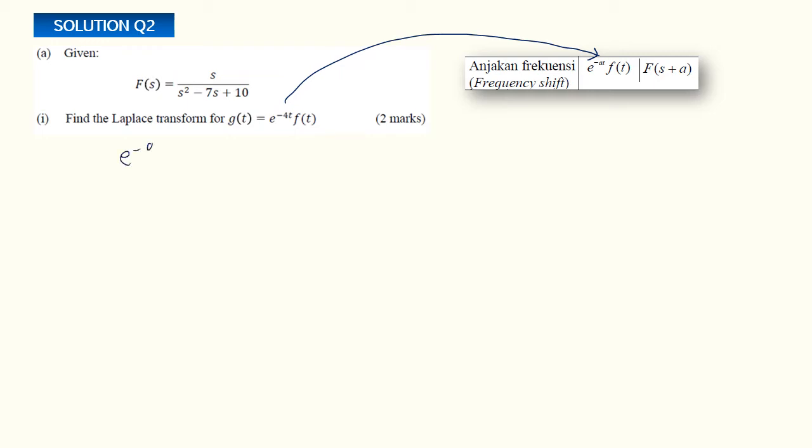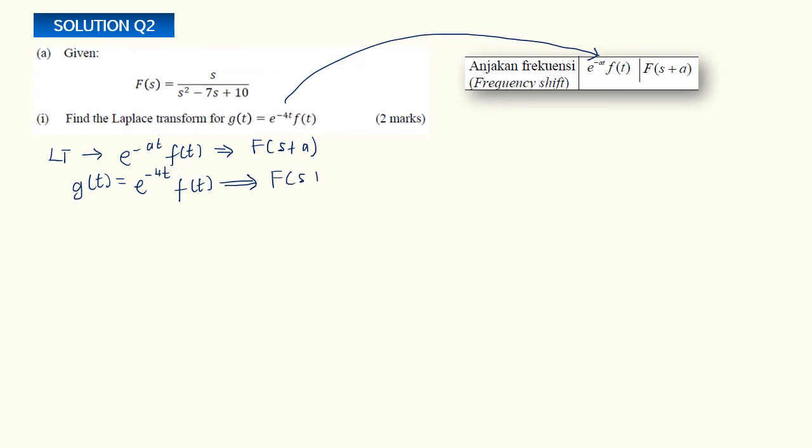From the Laplace transform table, e to the minus at f(t) equals F(s plus a). In your case, g(t) is equal to e to the minus 4t f(t), which produces